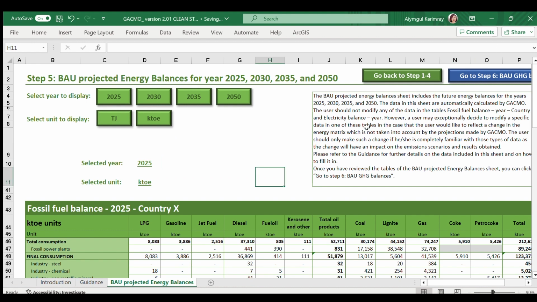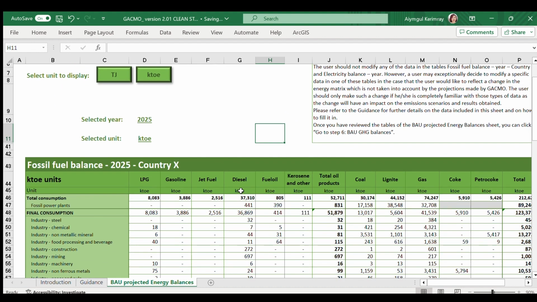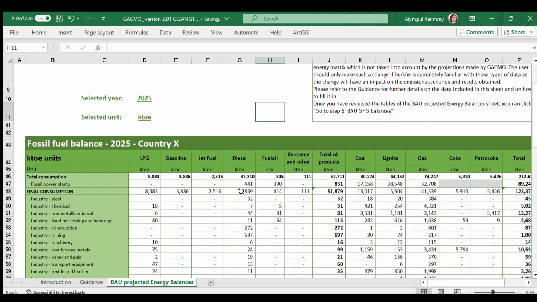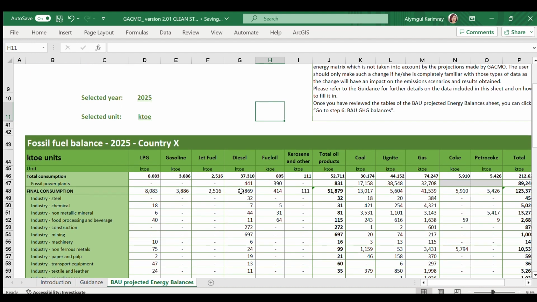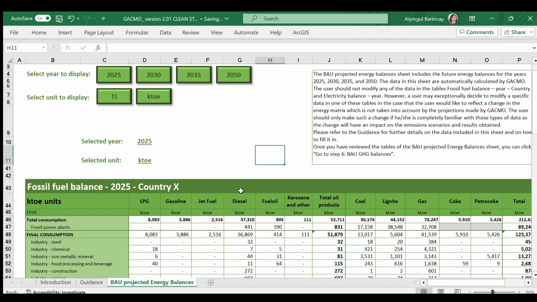This sheet corresponds to the fifth step in the GASMO tool. In this step 5, the user can view the projected energy balances for the business as usual scenario for projected years. The user needs to select the year of the energy balance by clicking on the corresponding buttons 2025, 2030, 2035 or 2050.